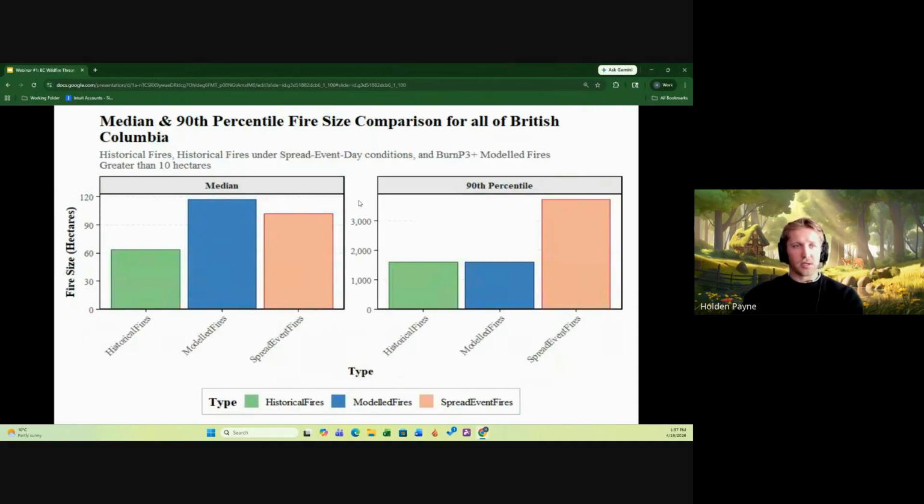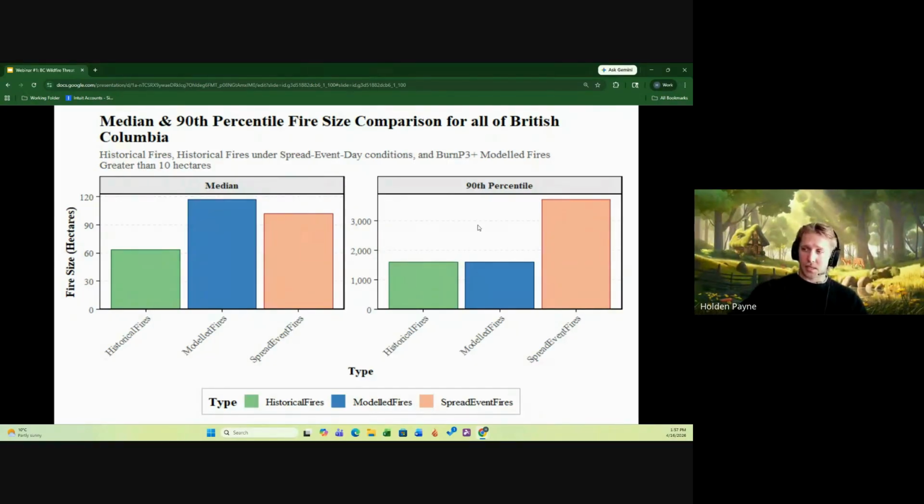And then if we look at the fire characteristics as well, we can pull out the median and the 90th percentile fire sizes. This is all fire history data in our data set and all fire in the model. So over 1 million fires in the model, and then all the fires that have burned in British Columbia in our data set. And we find that we are really close to what actually happened in real life. Our median slightly over predicts by 10 to 15 hectares on historical fires, but in the context of fire size, it's not that great.